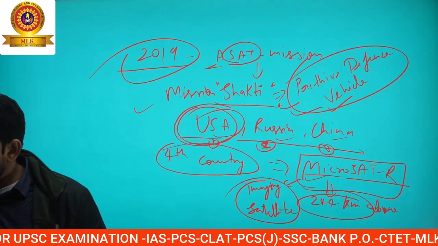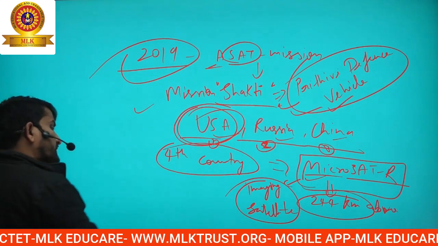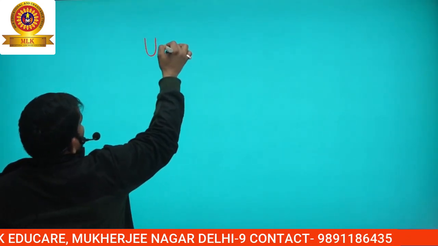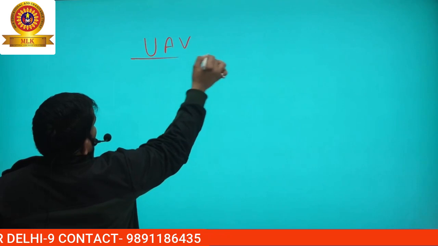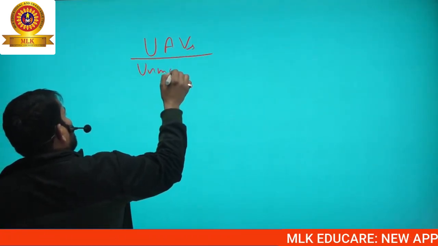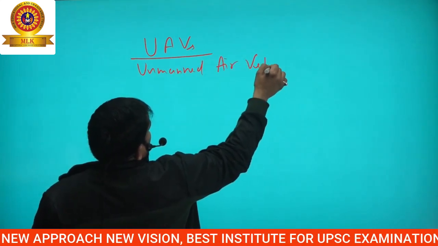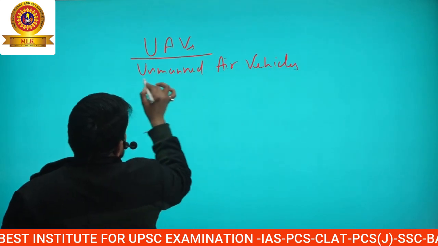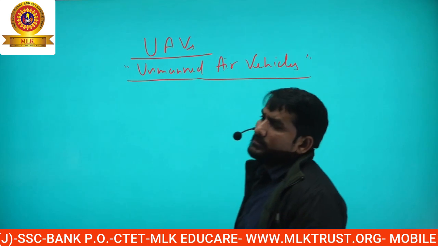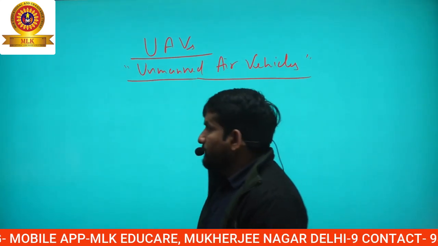So, okay, the next one which we have to discuss is the unmanned air vehicle, UAVs. Actually, unmanned air vehicles are those vehicles which are operated automatically,